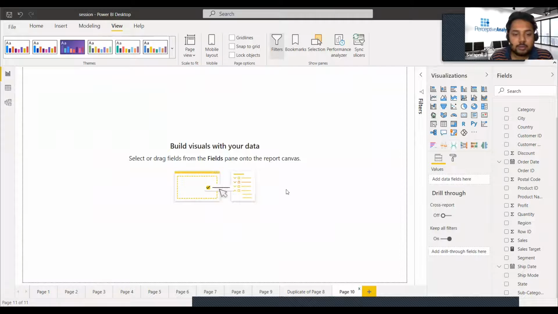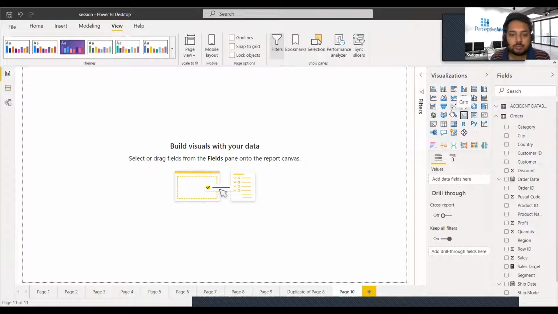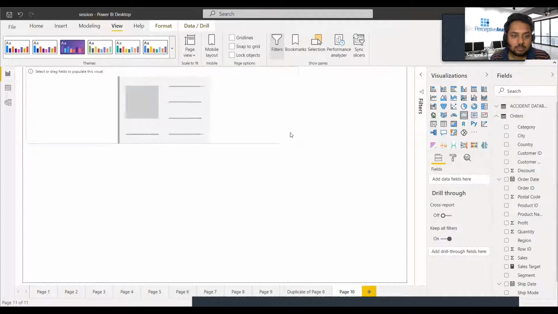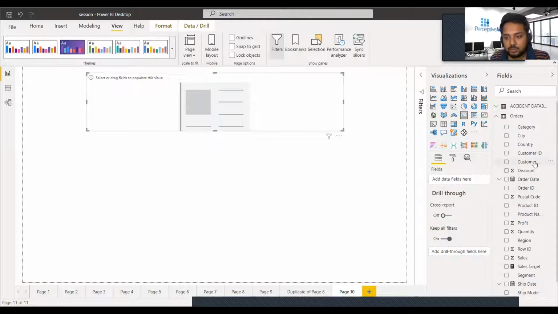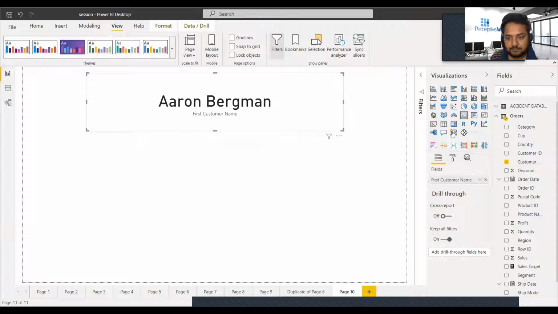So right now we'll design the other page in which we need to do the drill down through details. We can add a name card. We can give our customer name here, and we can give other graphs or tables as well. So let's give a table.